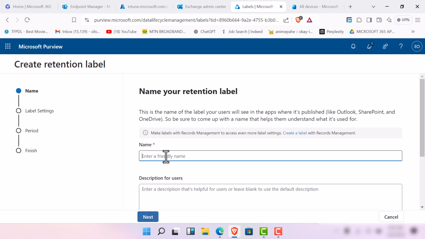We call this the digital tech sub, remote retention policy